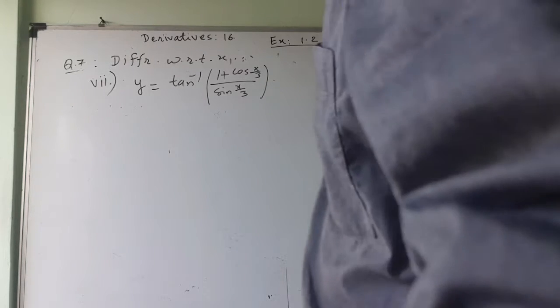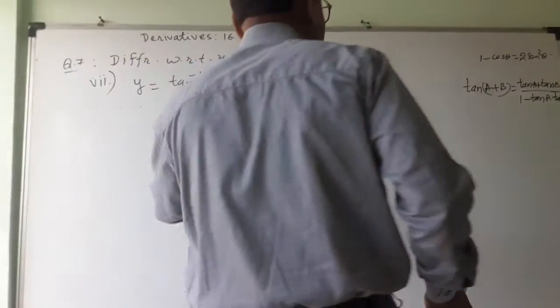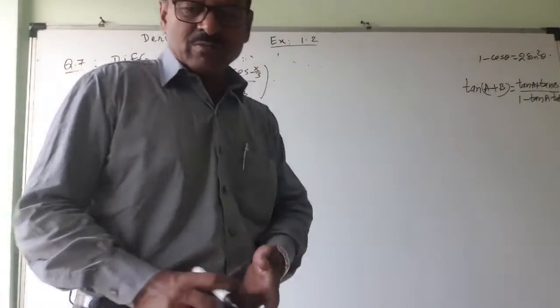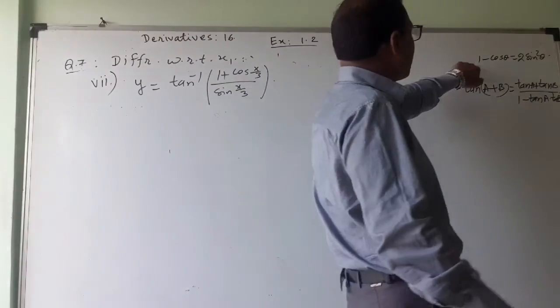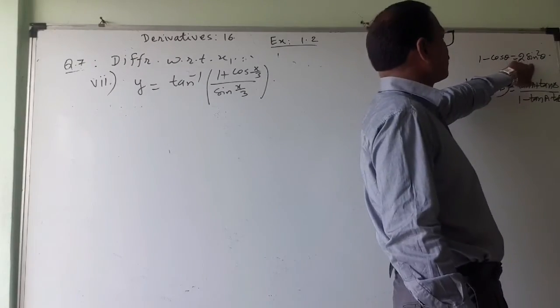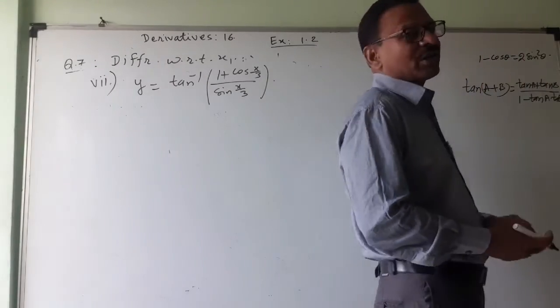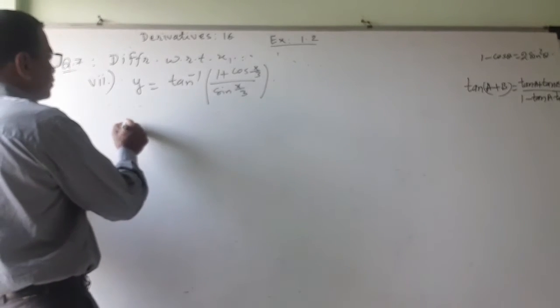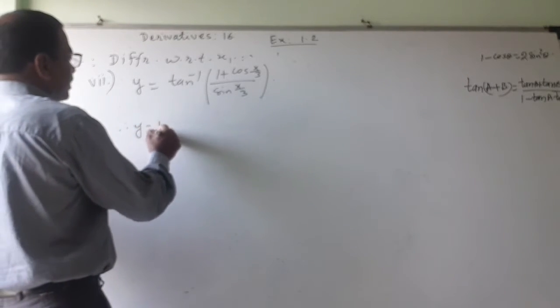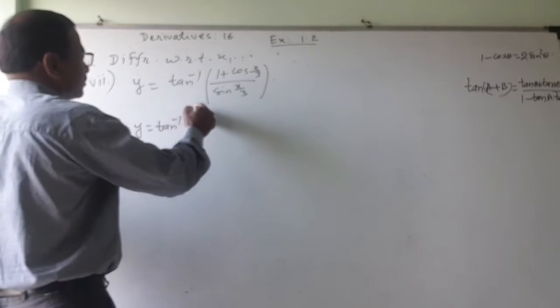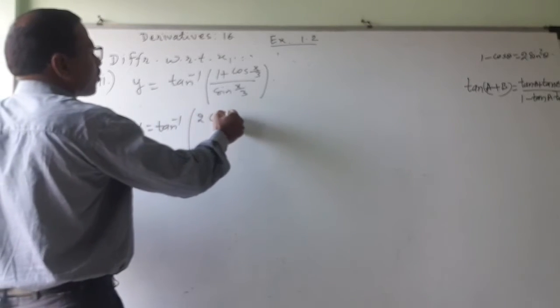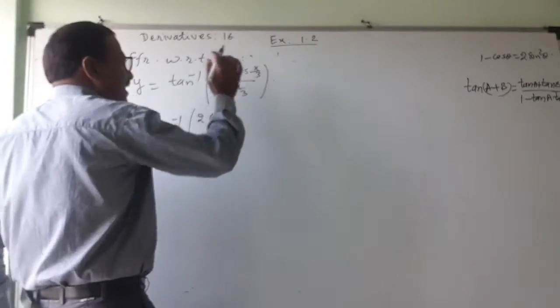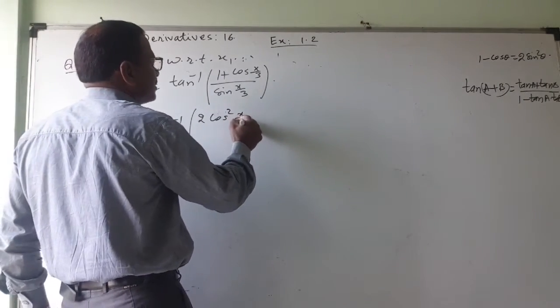Now see this 1 plus cos theta. Once again I will use this formula. 1 minus cos theta is 2 sin square theta by 2 and 1 plus cos theta is 2 cos square theta by 2, meaning the angle will be half. So y is equal to tan inverse of 2 cos square, angle upon 2 means x upon 6, it will be